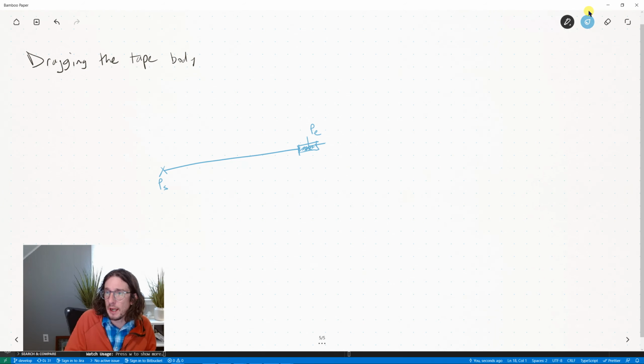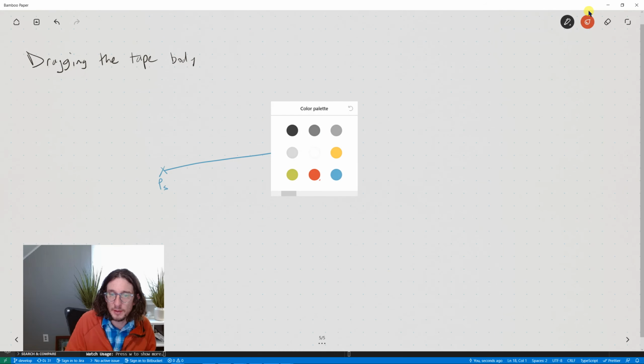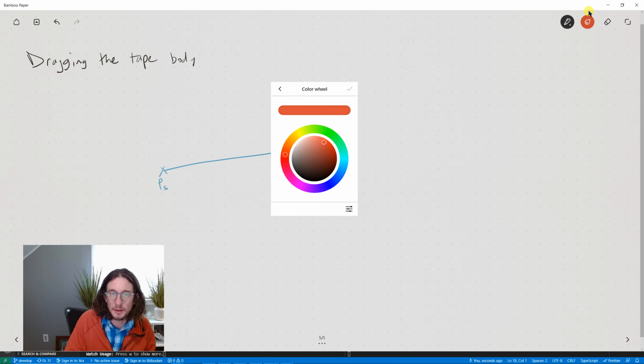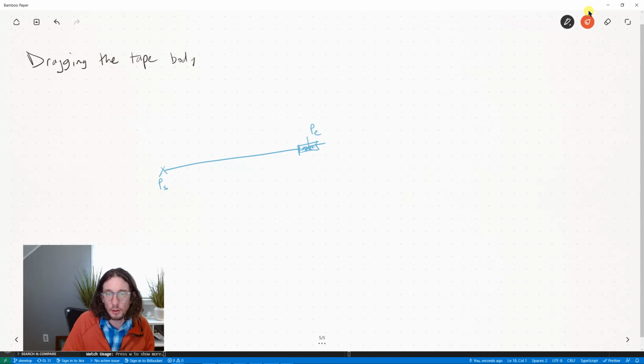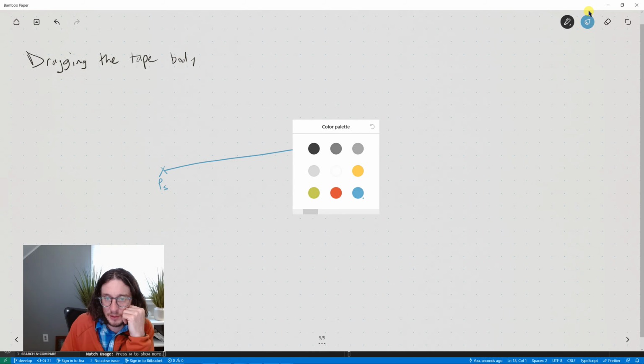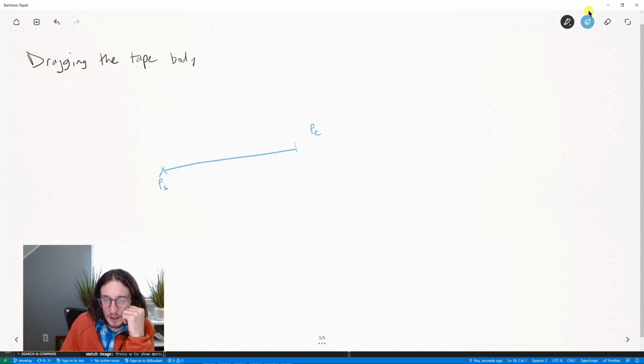So let me grab another color. Let's just grab this. This is going to be our click and drag action. All right, so over here. First off, let me draw this a little bit less cluttered. I'm going to make this box kind of big so that we can see it, and because I want to show a little bit of an offset idea in here too. So this is a very large,